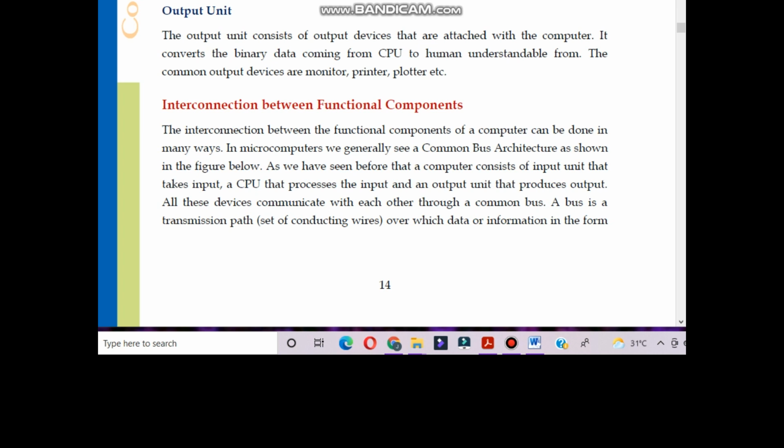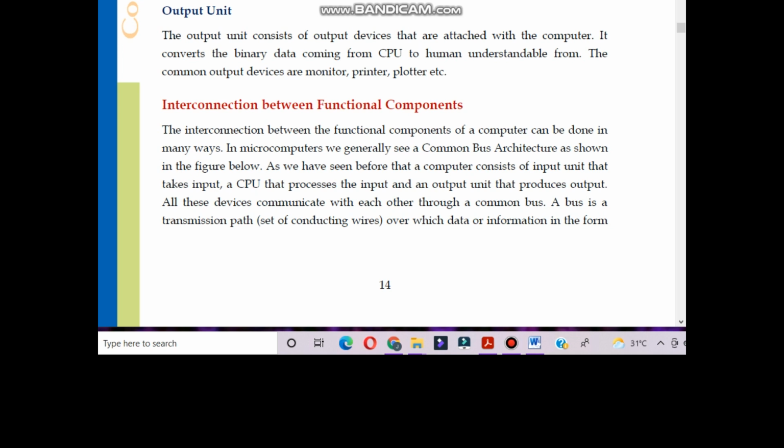Now I will talk about the interconnection between functional components. Interconnection means which type of connection exists between functional components. I have already discussed functional components: input devices, output devices, and CPU, the central processing unit.